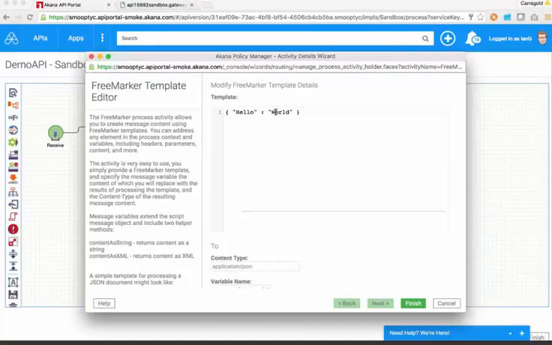So instead of saying hello world, what I actually want to do is respond to the original requester. So I'm going to add in a piece of FreeMarker templating language. That's what the FreeMarker template construct looks like. From my message variable, message, I'm going to invoke the function getPart, and I'm going to retrieve the ID part of the message. That has replaced the content in this piece of the JSON document with an extracted part of a FreeMarker template, and I'm getting one of the message parts that I parameterized as ID, and I'm returning that in my content. So I will save this process,